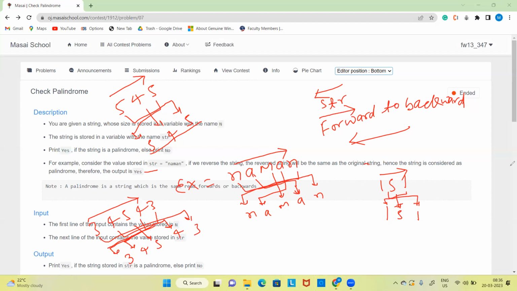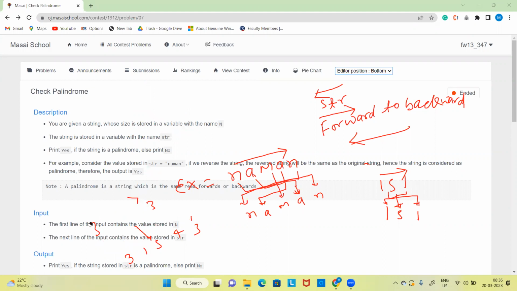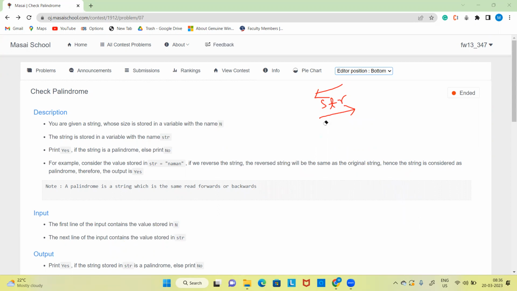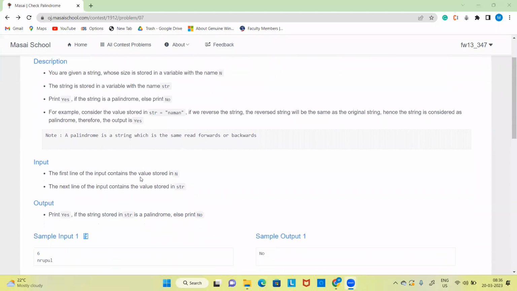So we will see how this code works. First we have to erase all these things here, so we have more space. We have to remove this one also, this one also. And then we will see in the code editor how this works.